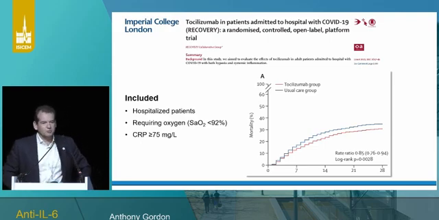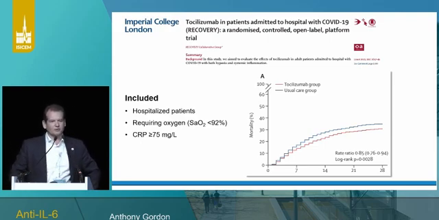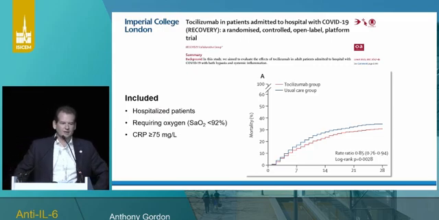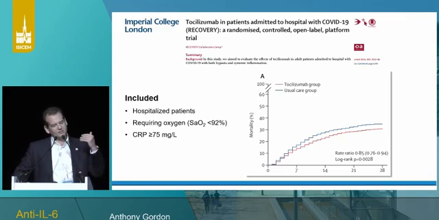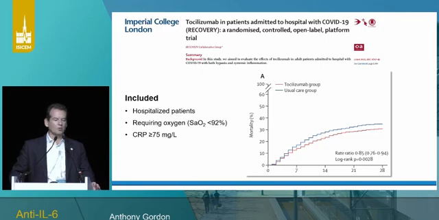And then this was followed up. We reported these preprints in early January, and in February, the RECOVERY trial in the UK, a large trial, as you've heard, and you'll know, of course. A slightly different population, included less sick patients. These were hospitalized patients who required oxygen, SATs of less than 92. And they had a criteria that CRP had to be greater than 75. And again, they showed mortality reduction with tocilizumab. They only had the one intervention. Very large numbers, nearly 4,000 patients included.